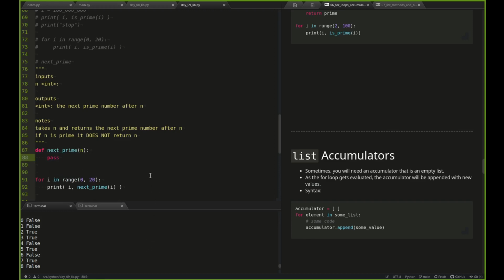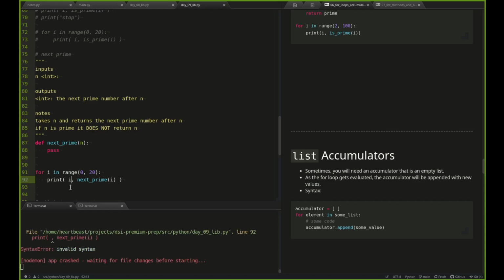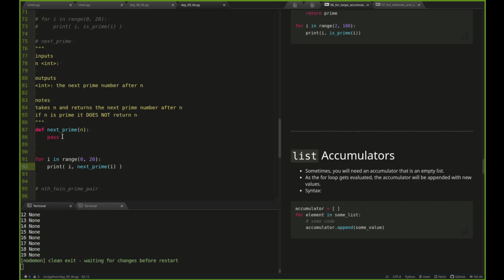Test it real quick. Okay. So for this one,